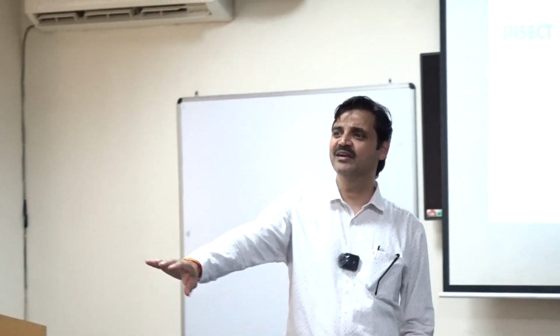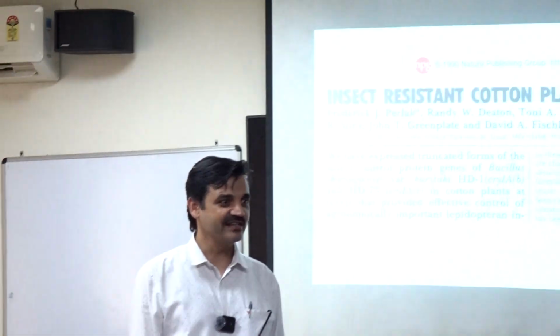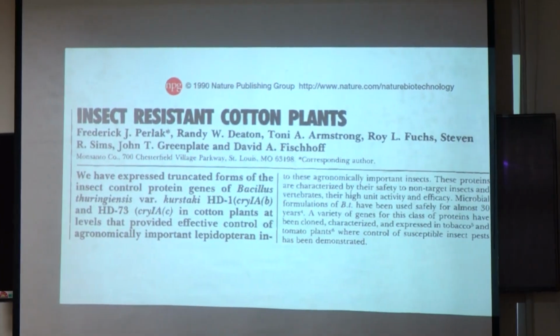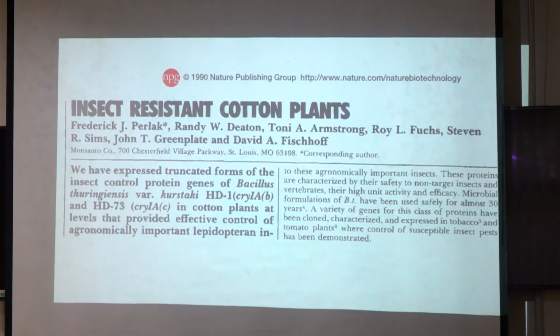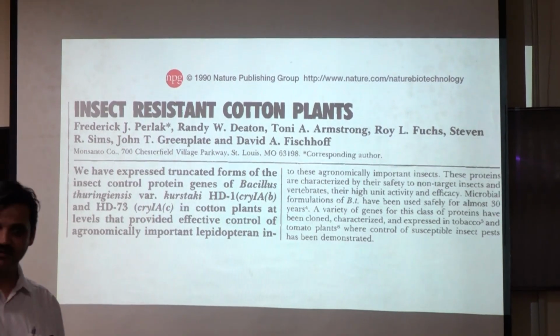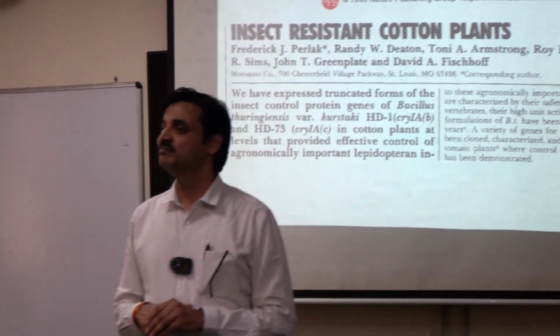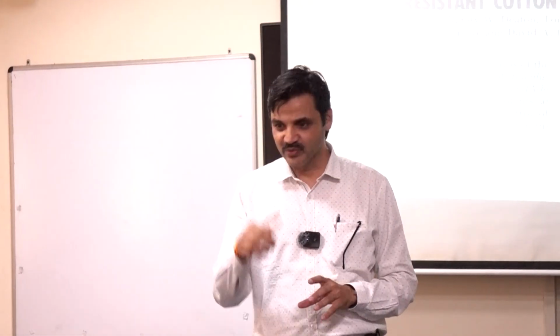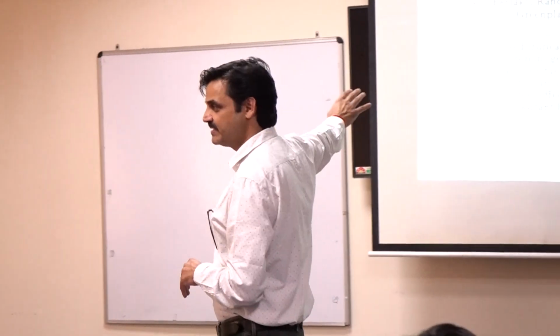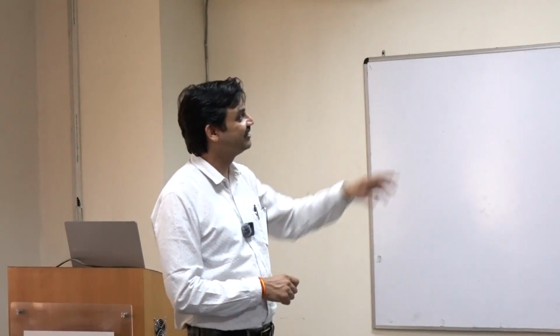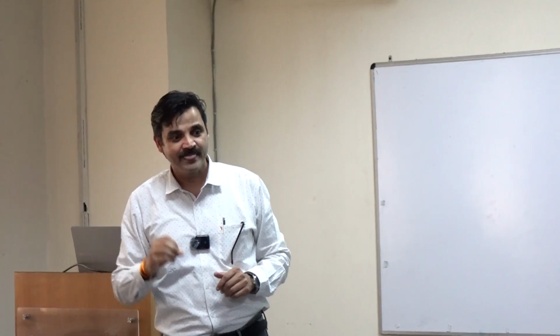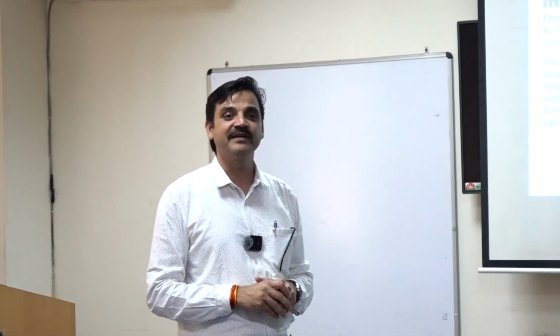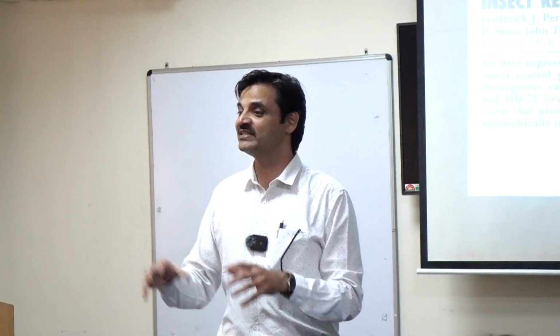Big money. It's a big shark in the field. I call it a shark because it keeps eating others. They eat small companies. Monsanto is a big US company, and they are into the plant business, the crop plant business. They make new products and then sell them to the US market and the world market, including India. So what they did, this paper came out in 1991. Frederick Perlak is the first author, the director of the Plant Transformation Wing. I met him once when I was in the US. They developed a cotton plant that was resistant to insects.